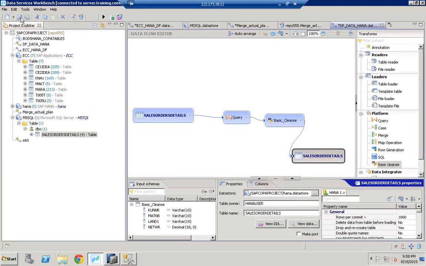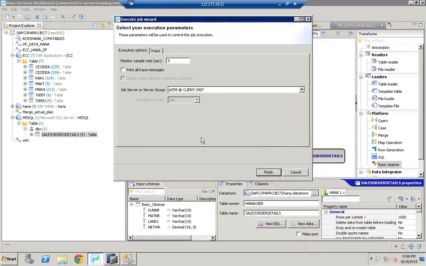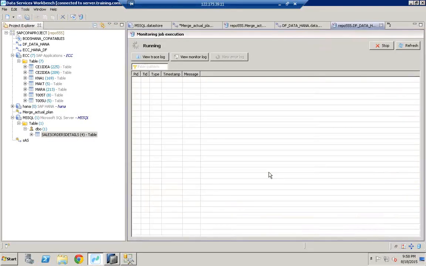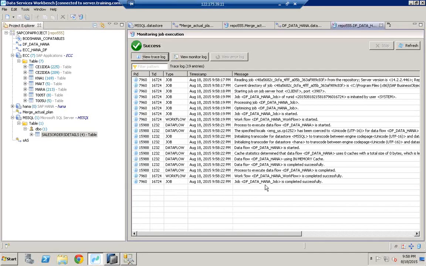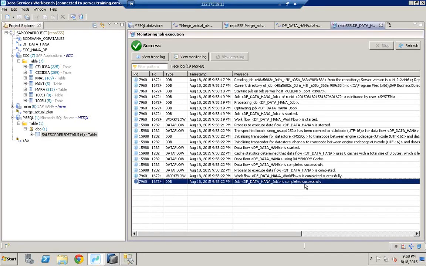I'll just save and just click on execute. I'm not doing anything, I'm just finishing this job. So first I will see whether I can load all this junk data to HANA. First let me load all this junk data to HANA. So once I load, it is completed successfully. And when I go back to HANA Studio,